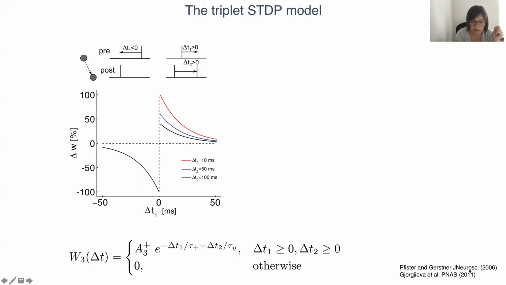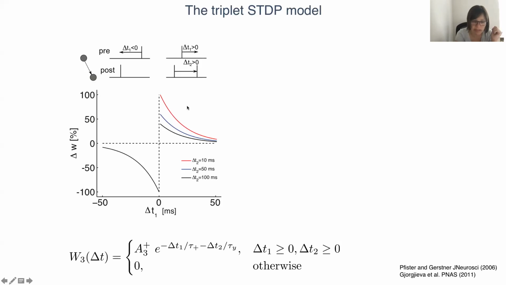But Jean-Pascal Pfister and Wolfram Gerstner, when they proposed this triplet model, they actually found that you can describe most of the data in the hippocampus and the visual cortex where these experiments of the changing frequency were done by just adding a third spike for the potentiation. So they found that the depression can be basically described primarily by the pair-based rule. So I hope it's clear now. We introduced a triplet model by adding a third spike that modulates the amount of potentiation that is classically described